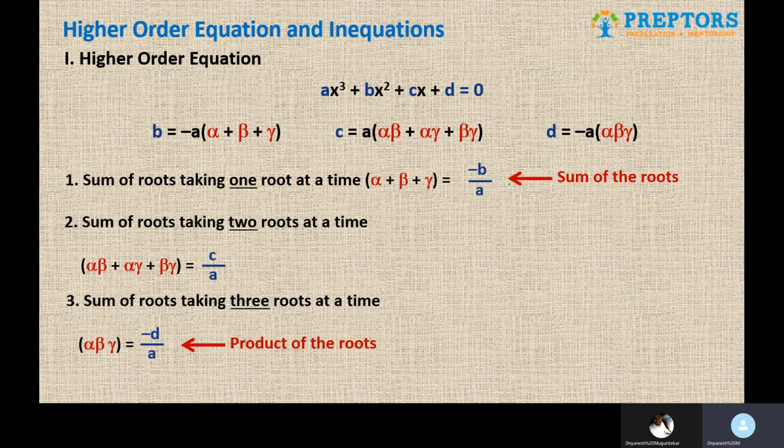whether it is going to be a cubic equation now or the 4th power or the 5th power or the 6th power. It doesn't really matter. Alternate plus minus is what you should remember. Always start with one at a time. Minus b by a, then c by a, then minus d by a, then probably suppose if there is a fourth root, it would have been e by a. So this will be the pattern that you have to remember, and this will make your job easier to figure it out for any of the other higher order equations.